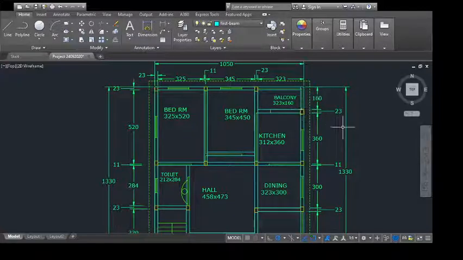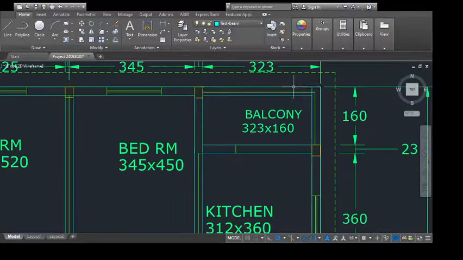but I can do without them also. I can have this balcony as a cantilever projection from here. If that is the thing, do I really need the beam over here? So what I will do is, I will knock off this beam. I don't need this beam over here. If this beam is not needed, I can even knock off this beam over here.